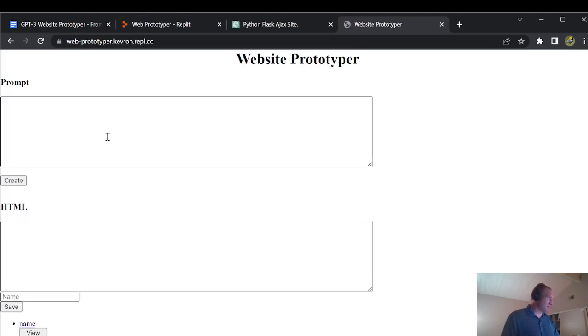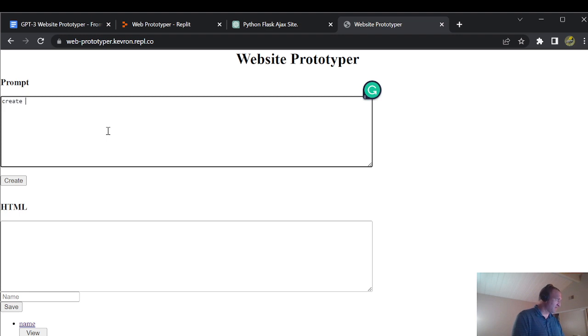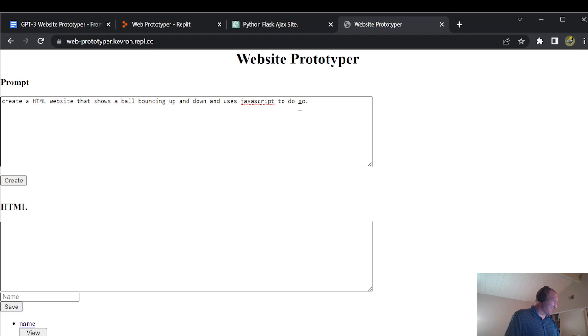So basically what you can do here is enter a prompt, like: create an HTML website that shows a ball bouncing up and down and uses JavaScript to do so. Sometimes it's hit or miss. Let's see what it generates. It's kind of a random draw, but that's one of the things that makes this technology so